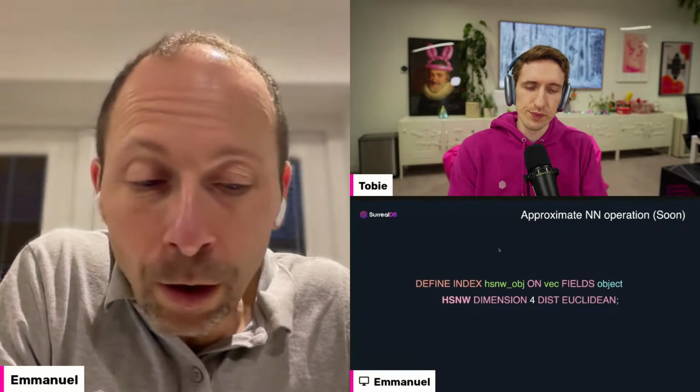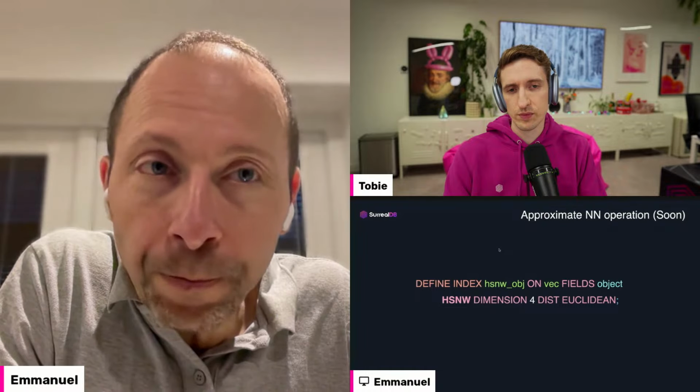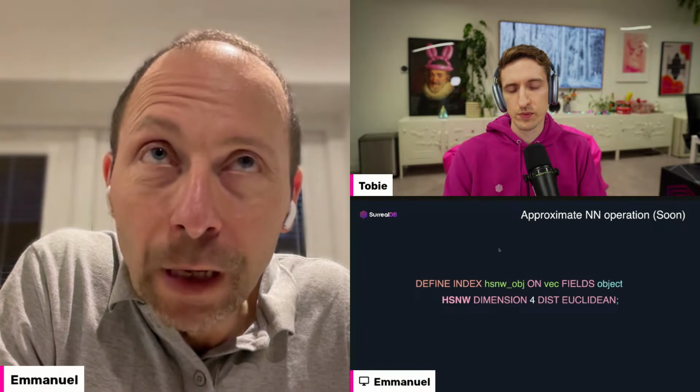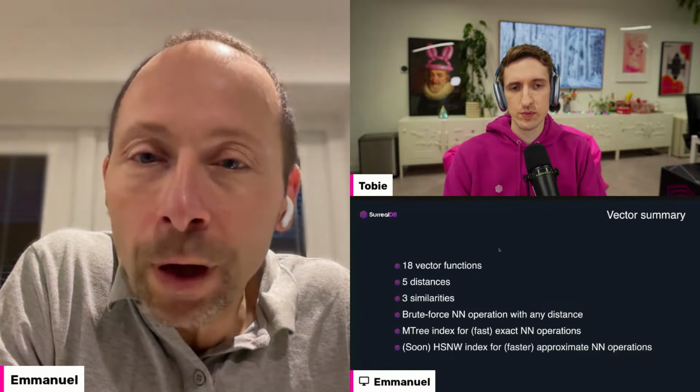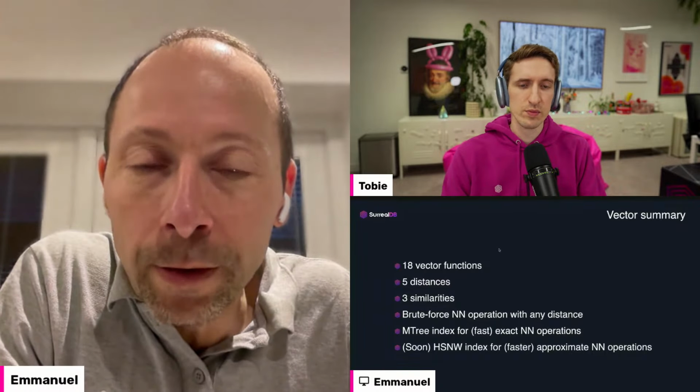Yes, the records are stored. What is the overhead? I don't have the exact information about the overhead and the size yet.